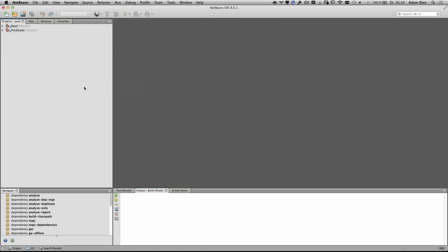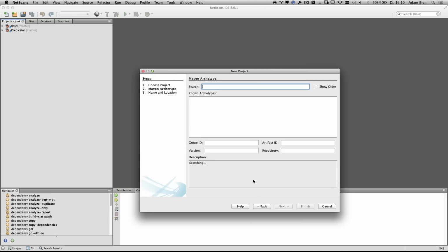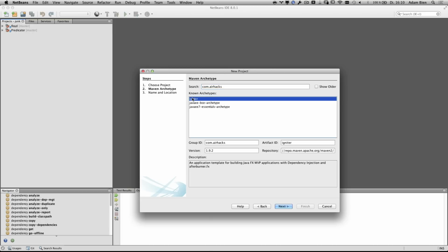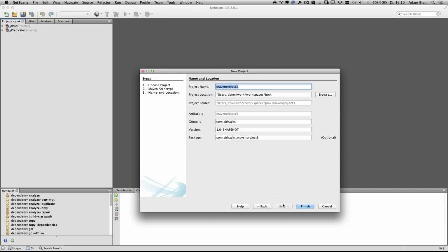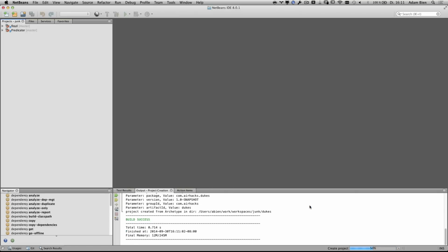And this is just examples I created for myself, for my own use. The archetype, you can, of course, start from NetBeans as well, but it's the same as what is called Igniter. It's a sample application for JavaFX. And how to call it? Dukes. So, and now it could take a while because I have two internet connections. Oh, no, it was fast, because I have an actual internet connection with a cable.